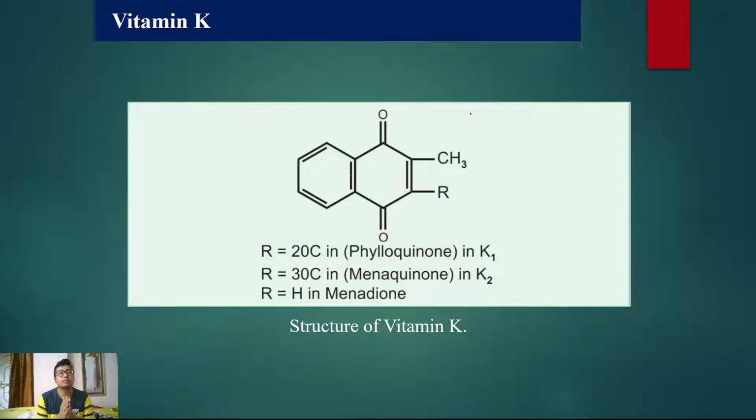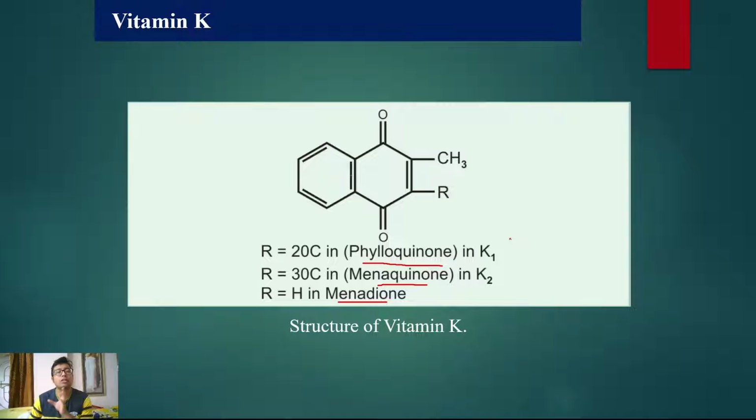So, vitamin K. The structure of vitamin K, you don't need to know the structure. You need to know what are the three types of vitamin K, I mean, what are their scientific names. Like vitamin A was retinoic acid, etc. Vitamin D was cholecalciferol, calcitriol. Vitamin E was alpha, beta, gamma, delta, tocopherol. Vitamin K, like that, is quinone. So phylloquinone, menaquinone and menadione. When you become an intern and you prescribe vitamin K injection, one of these three will be present. Menadione is the most common one.